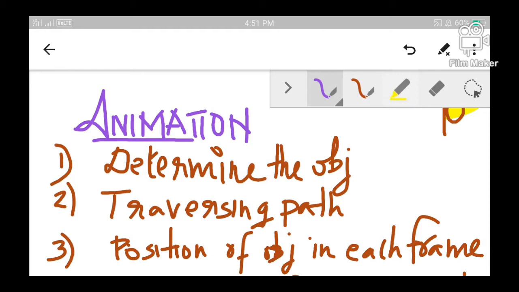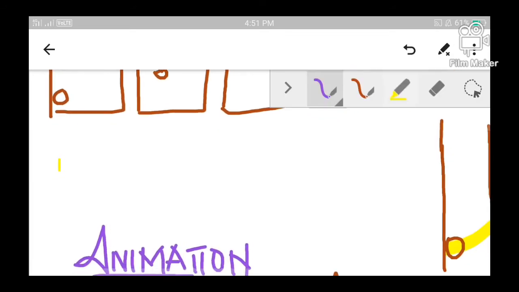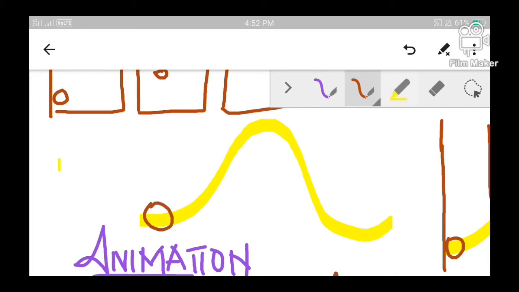Step number 2 says we have to identify the traversing path. Okay, what do we mean by traversing path? Well, we have identified the traversing path like this. This is the path through which the object is to be moved, where initially the object is placed at this position.